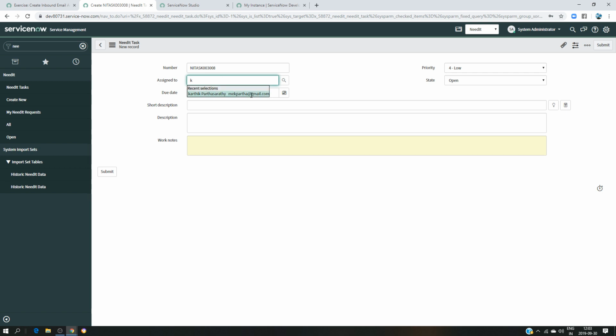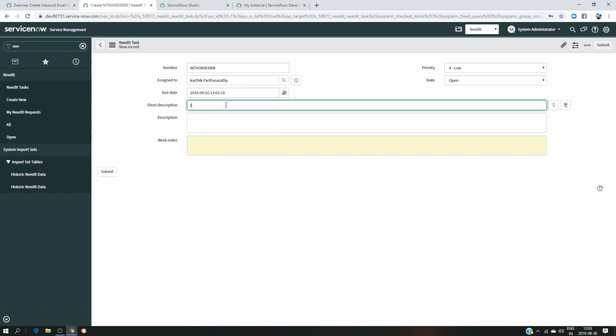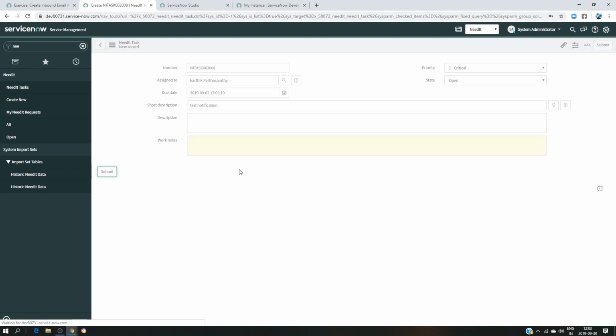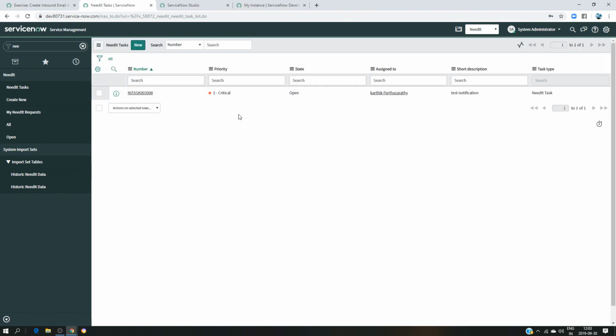As you can see here, I have my personal Gmail account and I'm going to put it in the path. I'm going to put test notification. Okay, put that into critical, for example, and I'm going to submit. Okay, this is the record where we are going to work, and what we are going to do now is